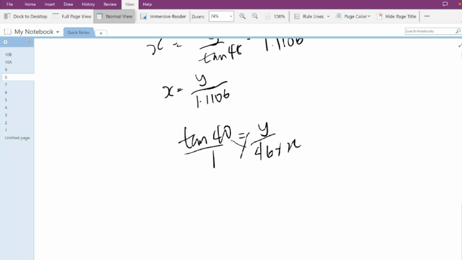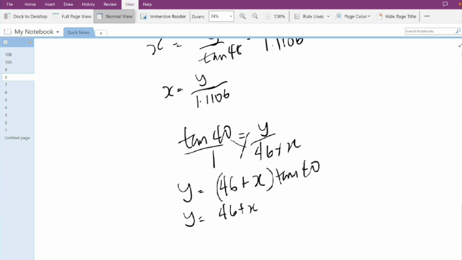Then we cross multiply, we have y times 1, that's y, equals 46 plus x in bracket times tan 40. Be careful here, because the tan 40 doesn't only affect the 46, it affects the x too. Both of them are linked by addition, even if they are linked by subtraction. And when you are cross multiplying, whatever is on this side affects the two of them, so you should be careful with that. Then you have y equals 46 plus x in bracket, then tan 40 is, with your calculator,